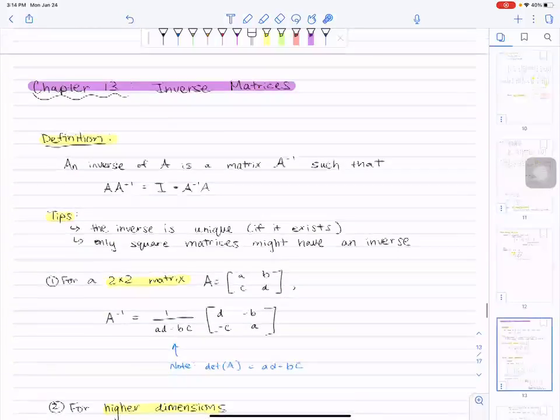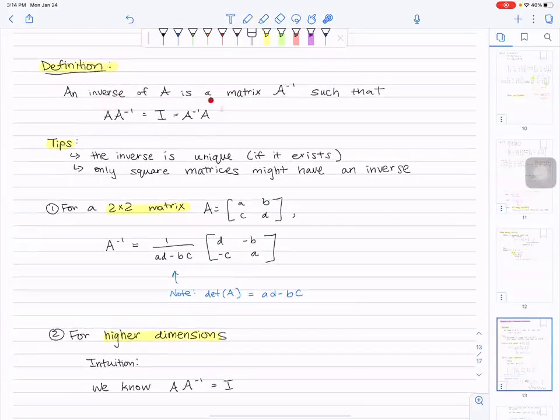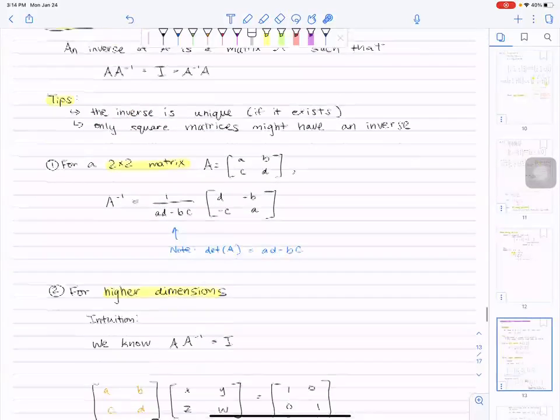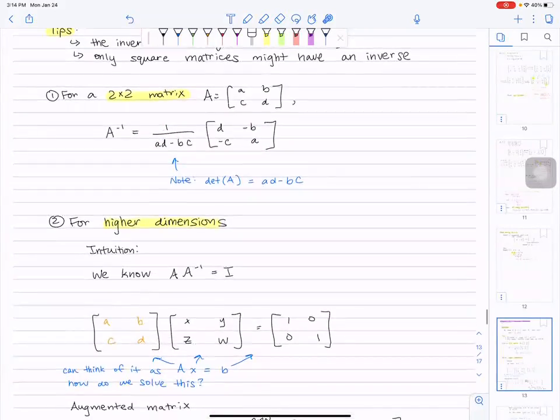Okay, quick thing about inverses. So inverse, I said it has the property where A times its inverse is the identity. Of course, inverse only exists if it's a square matrix. So it has to be a square matrix. If you have a 2x2 matrix, this is the formula for how you find the inverse. But if you have a higher dimensional matrix, like a 3x3 matrix or 9x9 matrix, how do you find the